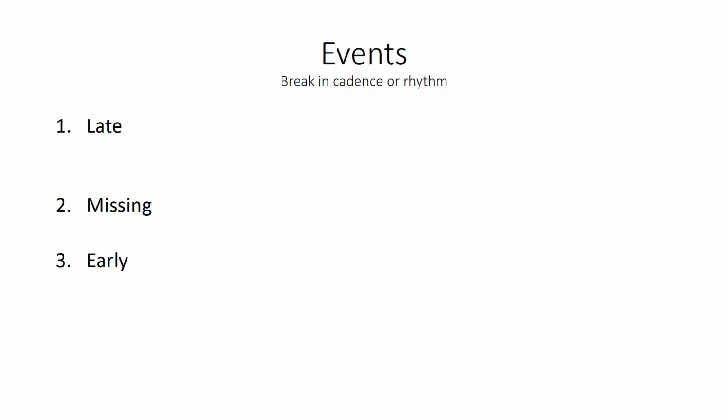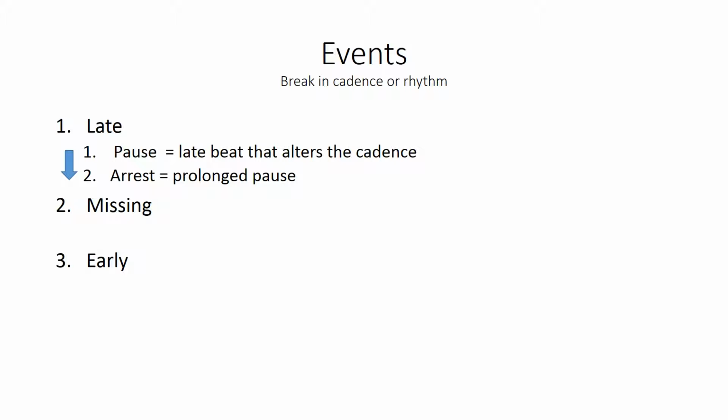The cardiac events I want to talk about will change the rhythm or break the cadence of your EKG, and it will make your beats appear late, missing, or early. If they are late, we call that a pause, and a prolonged pause is called an arrest. A missing cardiac event is called an exit block, and an early beat is called a